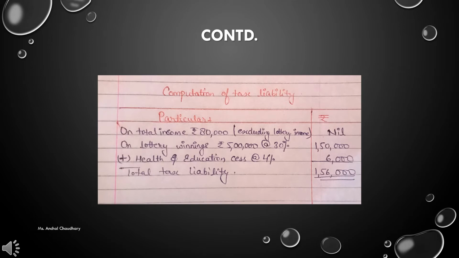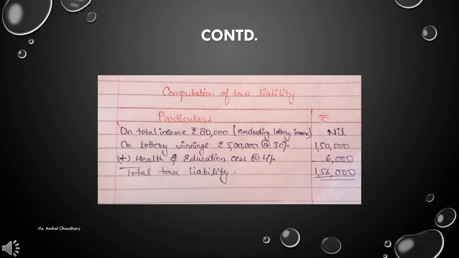So there is no point of taxing your lottery winning amount at a different percentage. So we know that income from other sources is taxable at the rate of 30%. So we can't compute the overall tax liability over here. If we suppose we compute the taxable liability on 5,80,000, then in that situation the amount of tax will be different. So this is not what we have to do. We have to exclude that other source of income from your total income. So that was your 80,000, and on 80,000 there is no tax liability, right?